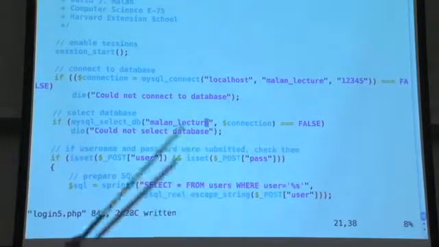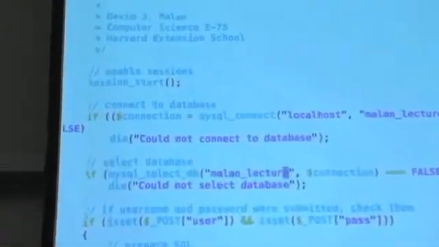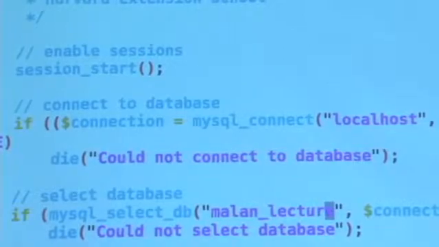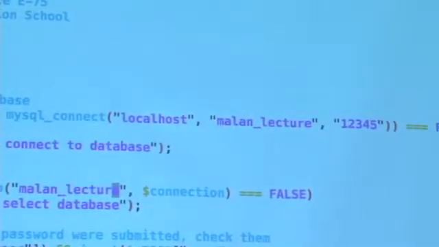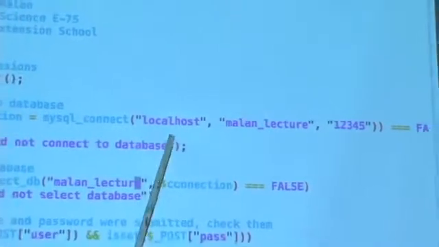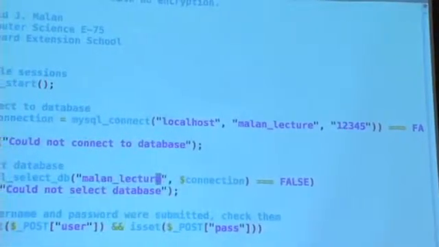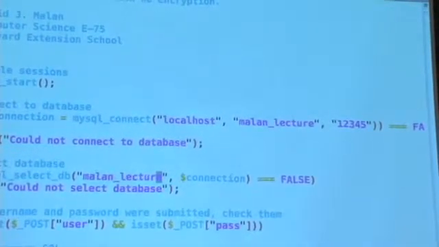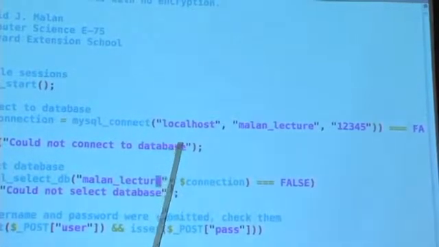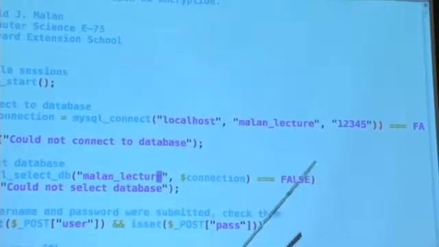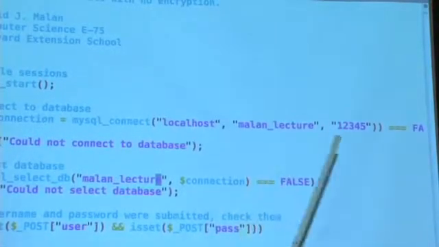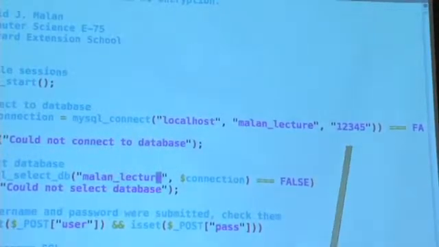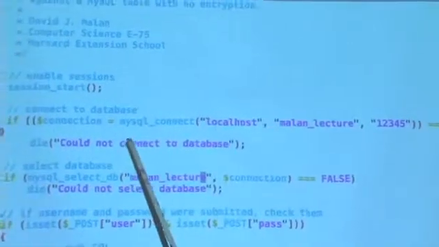So here's a new function, mysql_connect. With the mysql_connect function, you give it 3 arguments, the name of the server to which you want to connect, the username to use, and the password to use. So what am I connecting to? In this context, the database I'm playing with today happens to run on the same server, cs75.net, so I'm connecting to the host name called localhost, aka 127.0.0.1. The username I created in advance tonight was called Malin Lecture. The password I gave to this account was 12345, and it's wrapping because my font is a little big, but